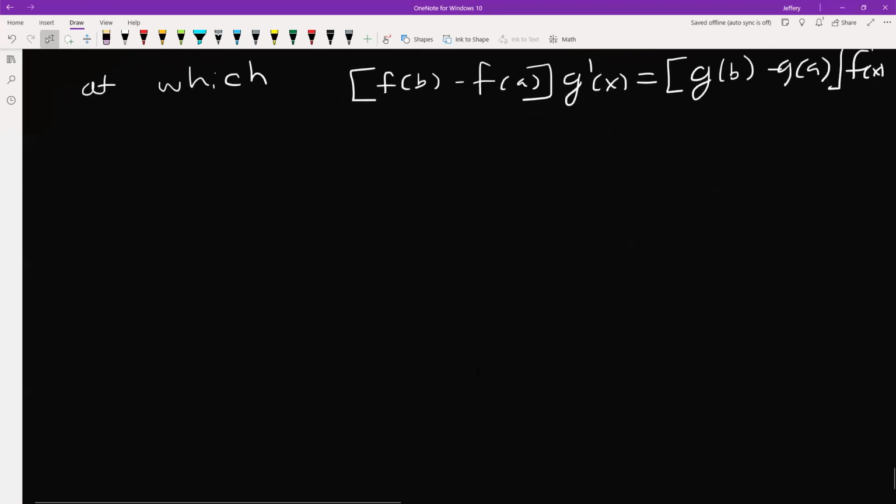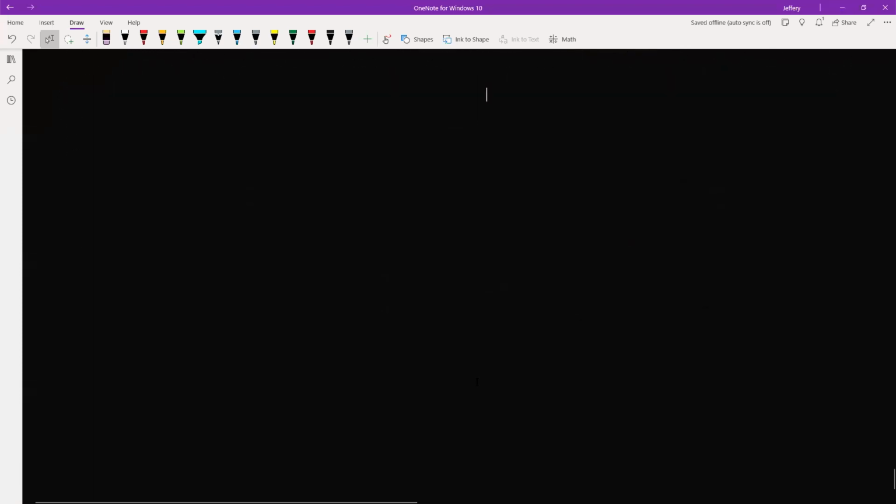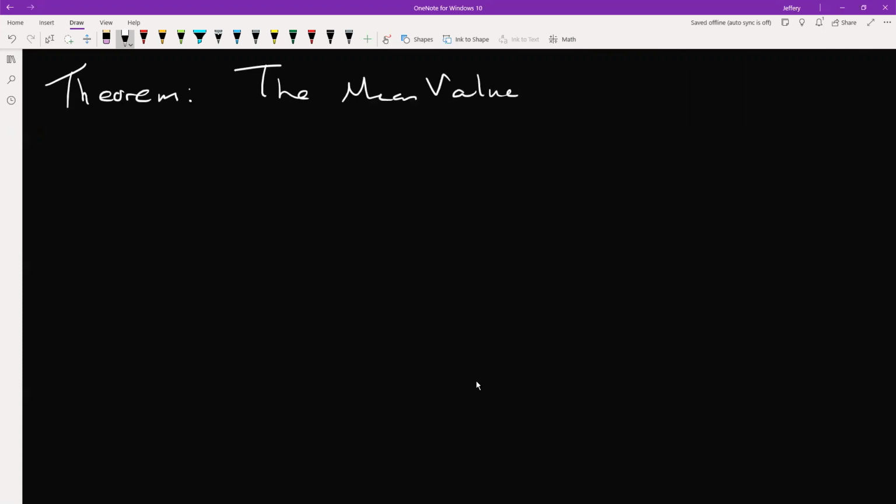All right, so now I'm going to use that to prove the mean value theorem. So just the, I guess you call it the, I don't know what you would call it. I'm just going to call it the mean value theorem. So theorem, the mean value theorem. Sorry about my handwriting. So again, we have the same initial conditions, except